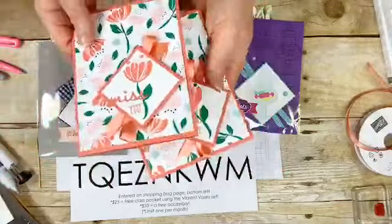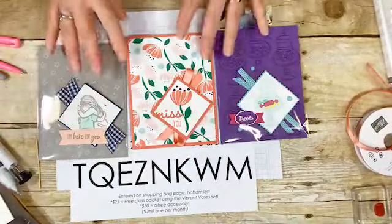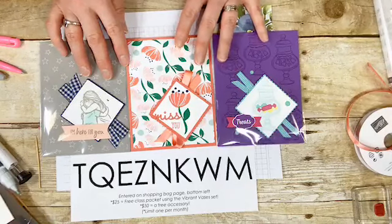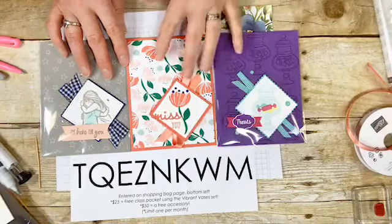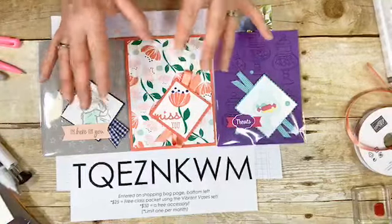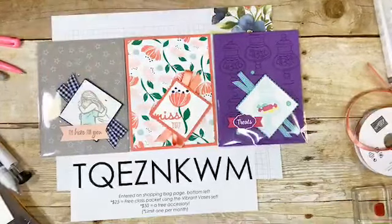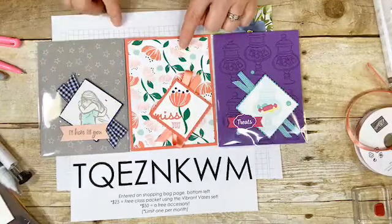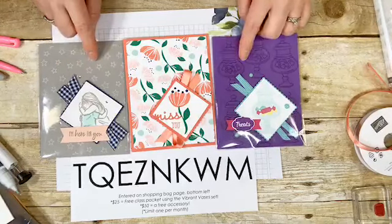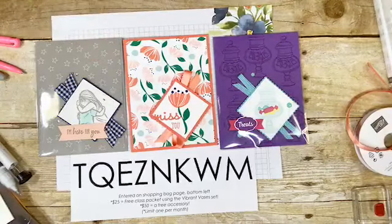And let me know, what do y'all think about the sketch idea? Do you do that already? Have you never heard of it? Or were you more like me, like I've heard of it for sure, but I've never done it because it intimidated me and I couldn't really wrap my head around it. I think what fixed it for me is having these samples in hand. So this is one time where I would encourage a little bit of card hoarding, even though we're supposed to stop it,